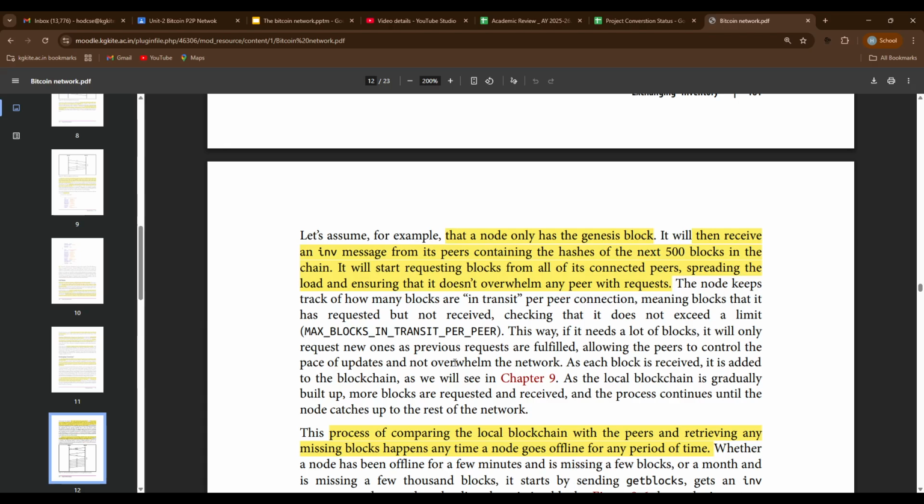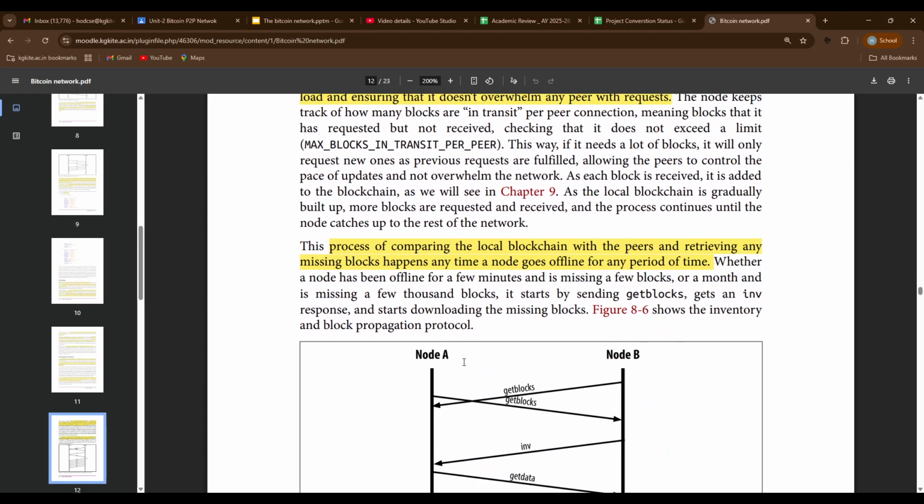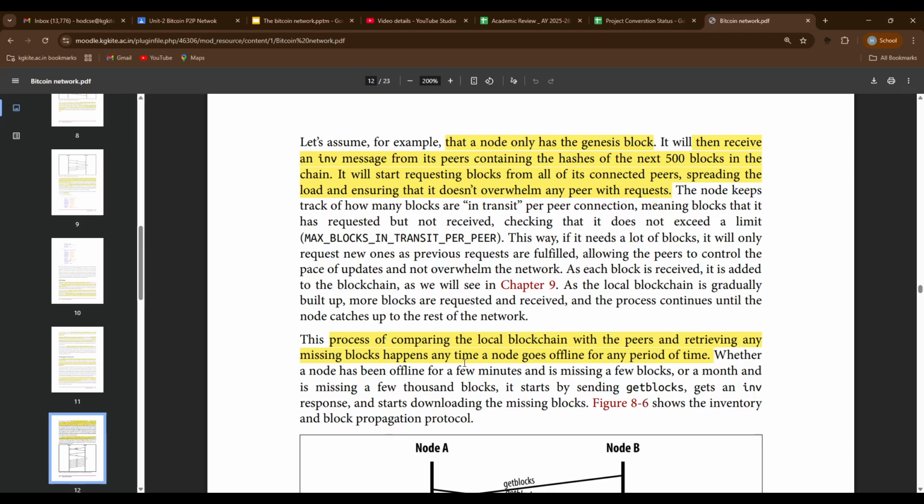So what did we learn? We learned that there is something called a Bitcoin relay network, and there are messages sent from node A to node B, and from node B to node A, just to learn about the neighbors, and then some method to find out that I want to have the complete list of the whole blocks.